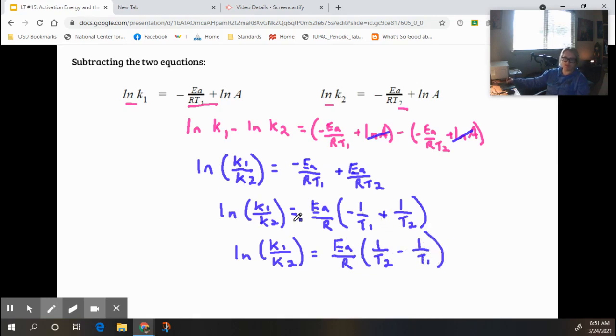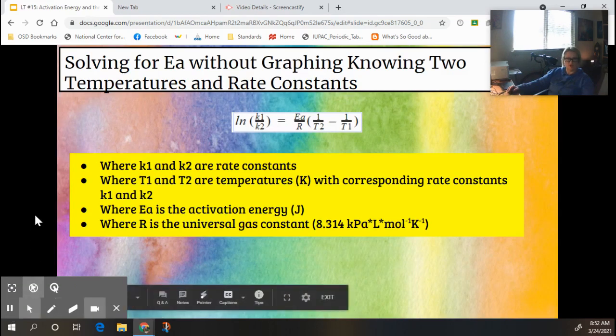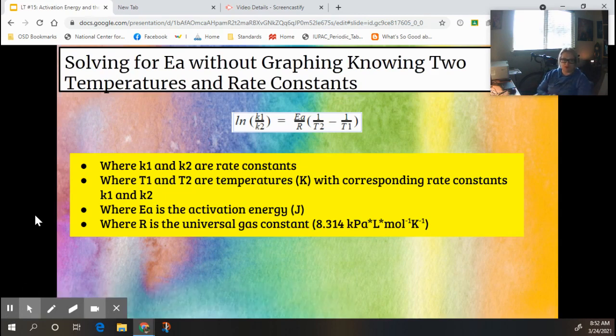And there is the expression that will allow us to solve for activation energy if I know two rate constants and their corresponding temperatures in kelvins. And here we have that spelled out again. I would take a moment and jot down this equation. Have it in your notebook, define your variables, because this is what you're going to be using for the whole